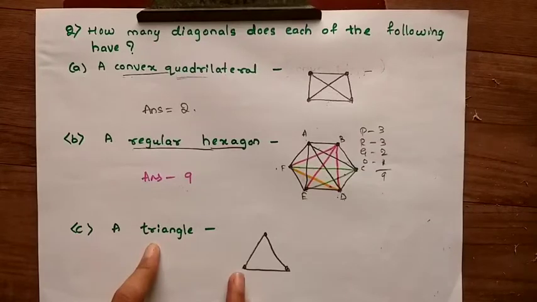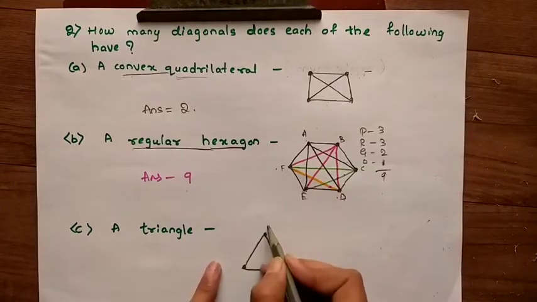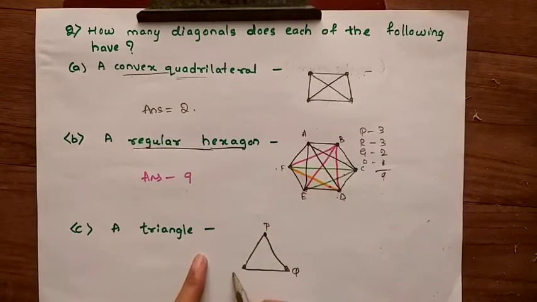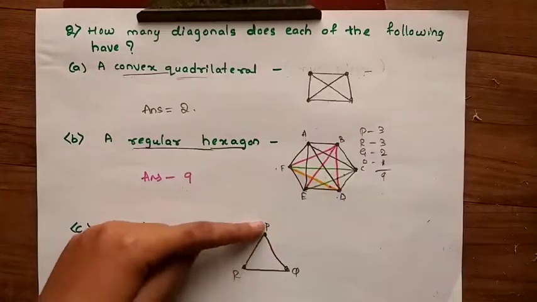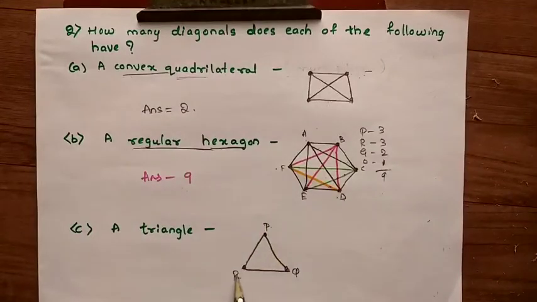Here in a triangle, total how many sides are there? 3 sides are there. Here we cannot get non-adjacent vertices from the triangle. Here I will give the names P, Q, R. P's opposite vertices we don't have, because P's adjacent vertices are R and Q. P's opposite vertices are not there. Same as Q, the opposite vertex is not there. Adjacent vertices are P and R. R's adjacent vertices are Q and P. Here R's opposite vertices cannot be found in this figure.